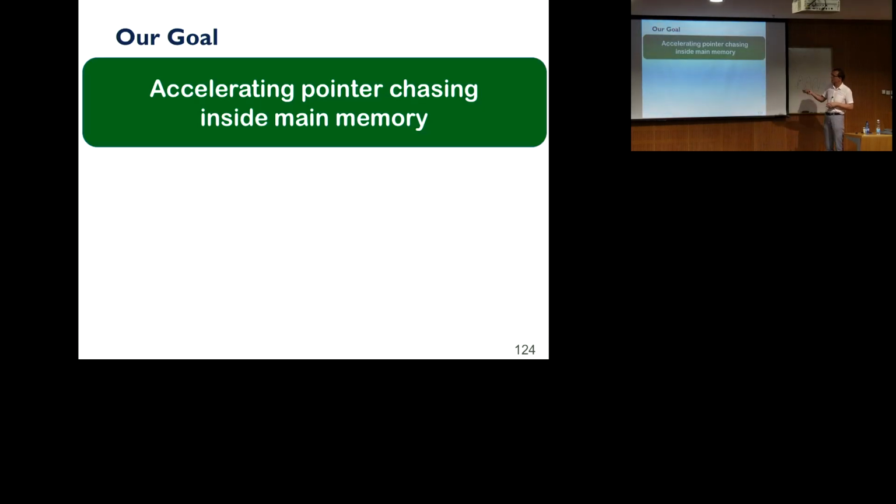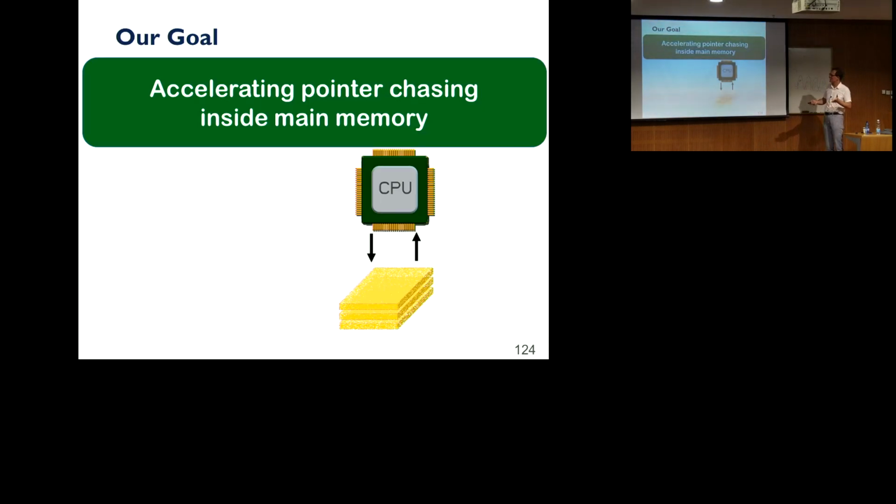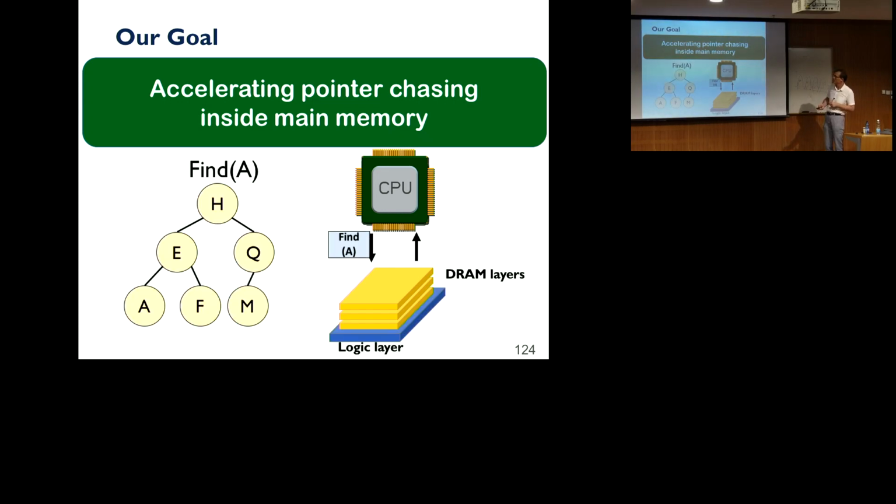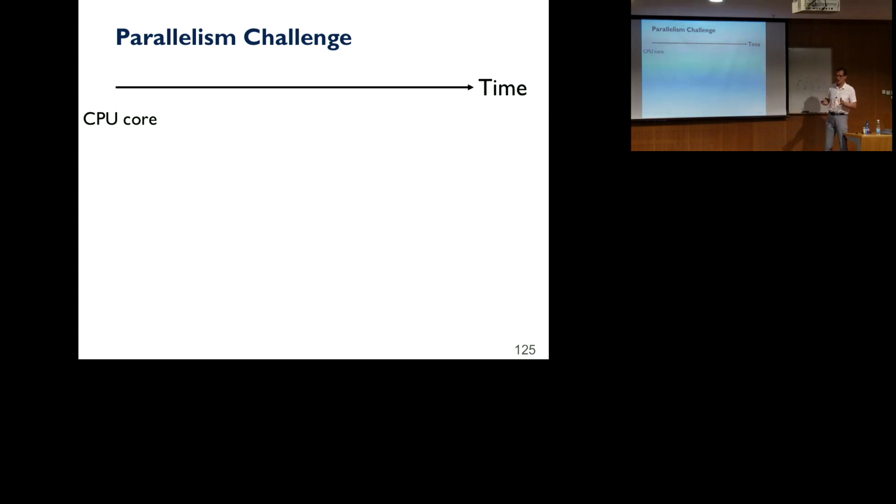So our goal was to accelerate pointer chasing inside main memory. The key idea is, again, similar. We have the DRAM layers and the logic layer, and the CPU says find A, and the logic layer does that pointer chasing and returns the data. That would be nice, right? So what are the challenges? Very quickly,